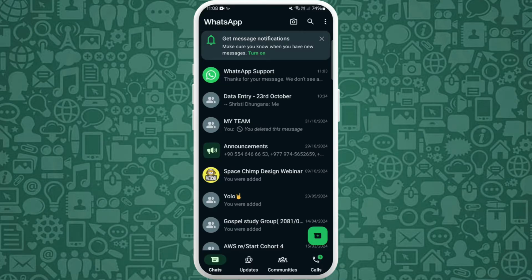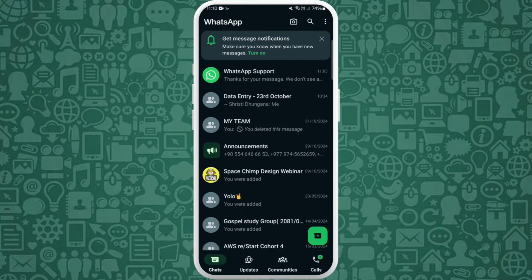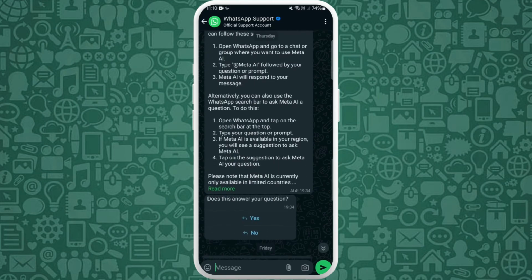First of all, you need to know that Meta AI is an optional service that uses artificial intelligence to generate responses to prompts, so you can use it to ask questions, get recommendations, and talk about interests. That's why Meta AI is currently only available in limited countries. So if you are in a region where it doesn't support Meta AI, it'll take some time for it to be available to you, so you might need to wait for it. In my region, it doesn't support Meta AI yet, but if you are in a region where it supports you,